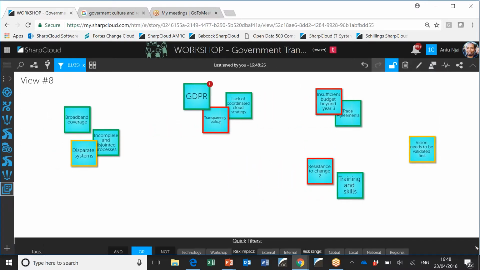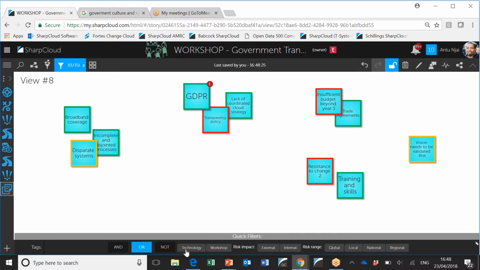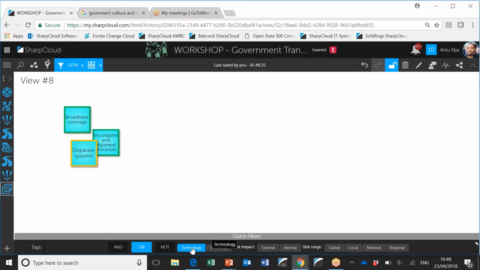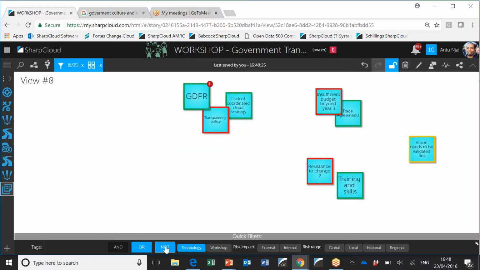And we can then simply, using the quick filter here where we've got tags shown, quickly isolate the things that are to do with technology, or the things that are not to do with technology. Maybe we've dealt with technology issues, we want to deal with cultural and process and people changes. So a very easy way of just adding that sort of element of clustering and filtering to your data.